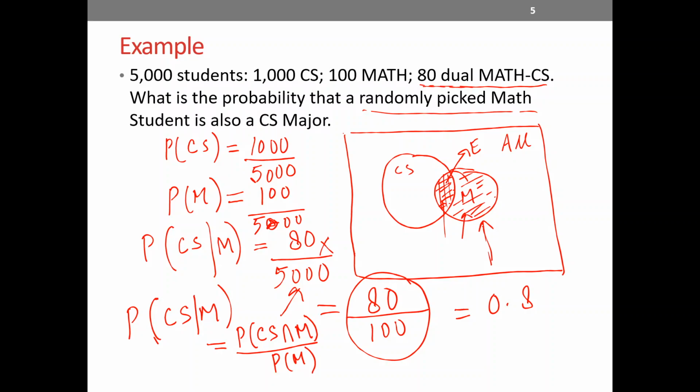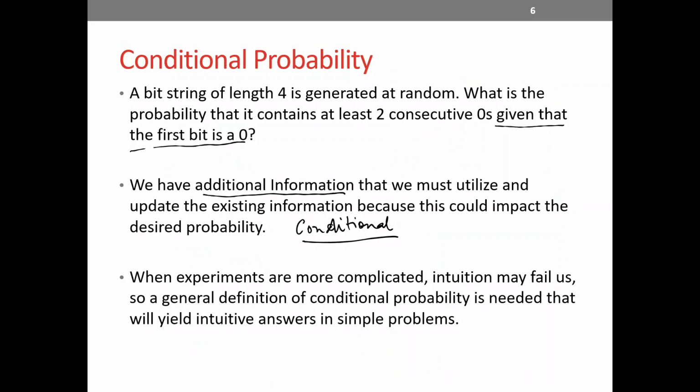that would be 80 over 5,000, right? So what I was taking earlier wasn't correct. And the probability of M is going to be 100 over 5,000, which eventually leads us to what we just saw. Okay, so then moving on to another example,